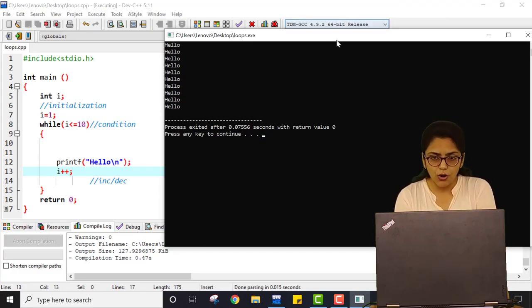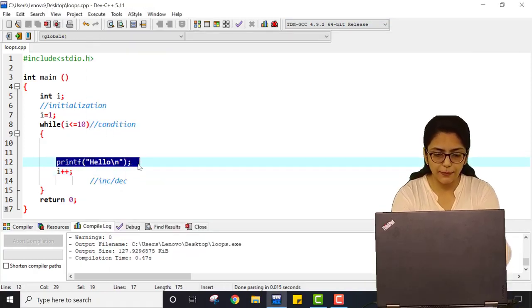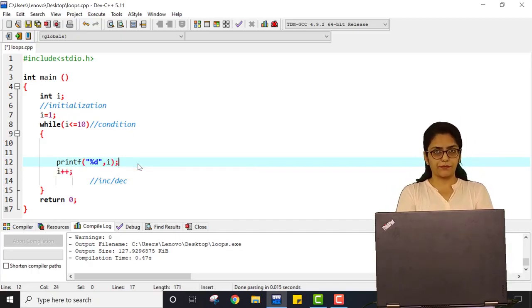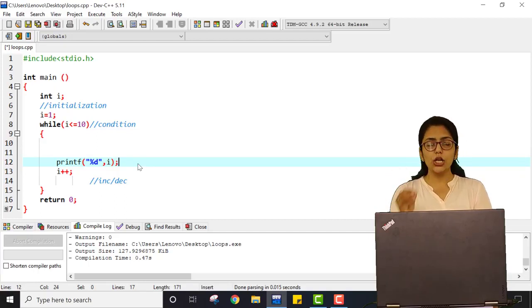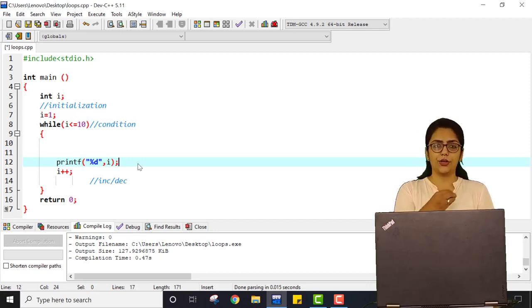Now what if you want to write a code like printf %d, i? What if I'm printing the value of i? Here, as I started with 1 and it will go until i is less than or equal to 10, it will be printed from 1 to 10. So it will print the range 1 to 10.